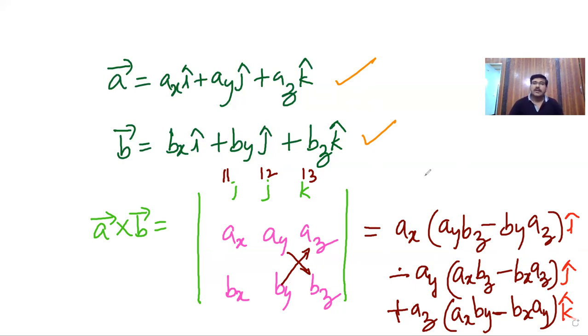Hope you have understood the cross product, the vector product. Be careful about the direction. Direction is given by the right hand thumb rule. Always be careful about the right hand thumb rule. Direction can also be given by the screw method, releasing a screw and opening, clockwise and anti-clockwise screw also. But it is better to use the right hand thumb rule. Okay, I have shown you that here.